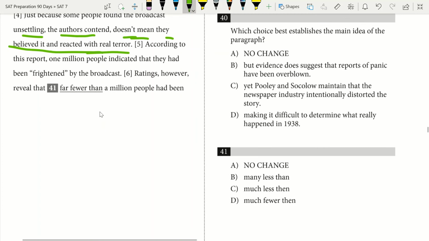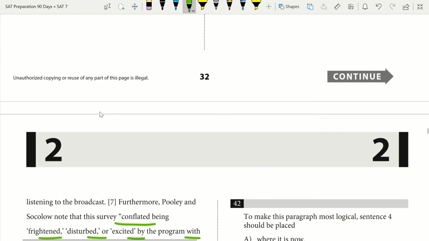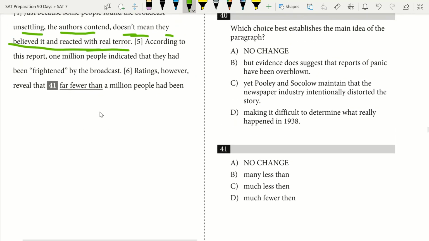Ratings, however, revealed that far fewer than 1 million people had been listening to the broadcast. Okay, "many less than" wouldn't be good here, nor "much less than" or "much fewer than." The correct answer for 41, we would really want to say "far fewer than." This one really is just an idiomatic question, making sure that you're saying what you would